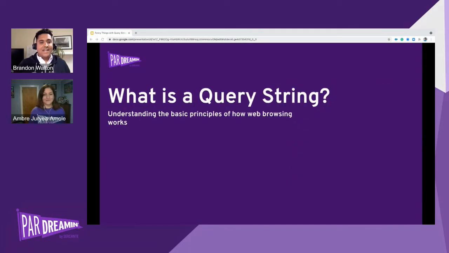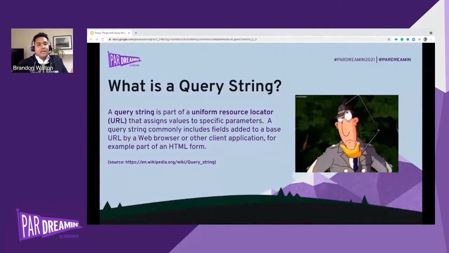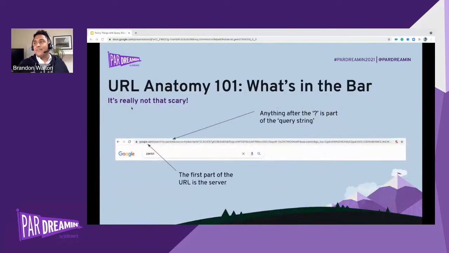We're going to jump ahead here. So the first thing, what is a query string? We want to understand what these things are. A query string is at the end of your URL. So if you're going to salesforce.com or google.com, a query string is a way that we can pass additional information through to the page that we're loading. It assigns a value to a different parameter, and we're going to go into a little bit of that more next here. So here's an example of the anatomy of a URL.